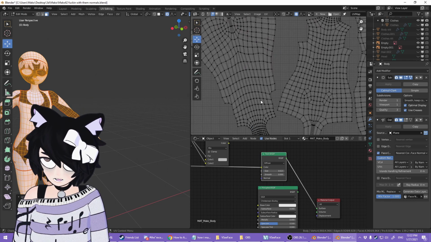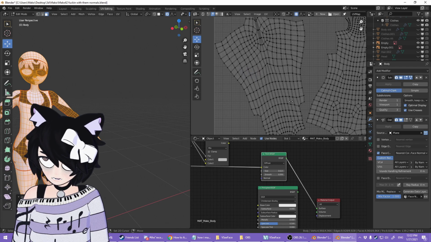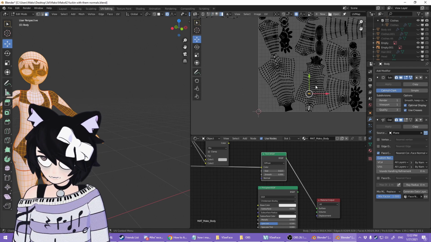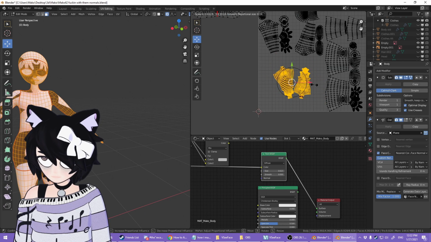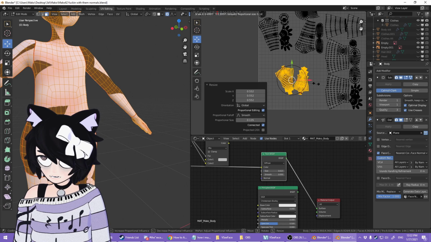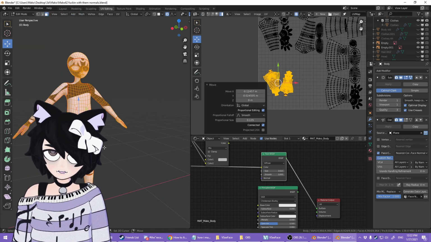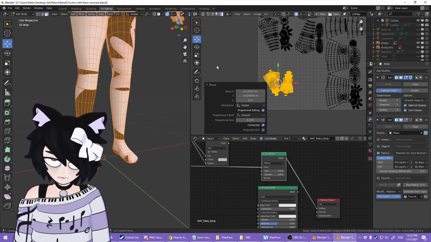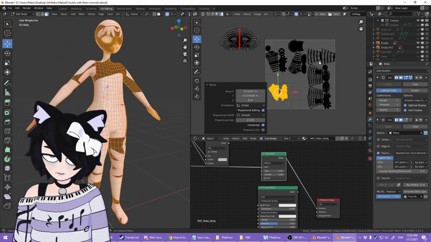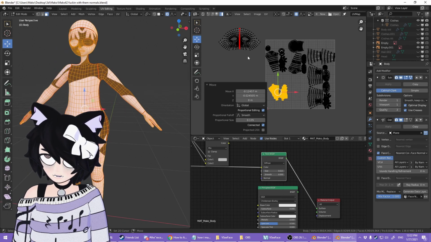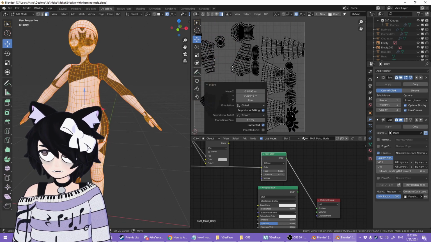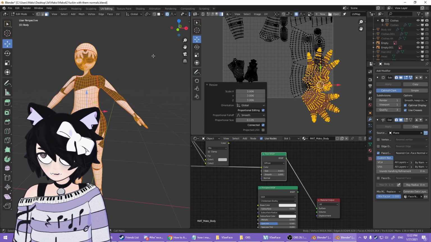I will also end up doing that for the torso here, and a couple other things. I will also make the torso smaller, because I'm going to end up deleting all of this anyway. We really don't need it to take up that much space. In fact, the only things that are really going to be visible are the feet, face, and hands. Now, the face and hands are pretty important parts, so you want those to be bigger. The feet can also be very important parts, depending on your tastes.